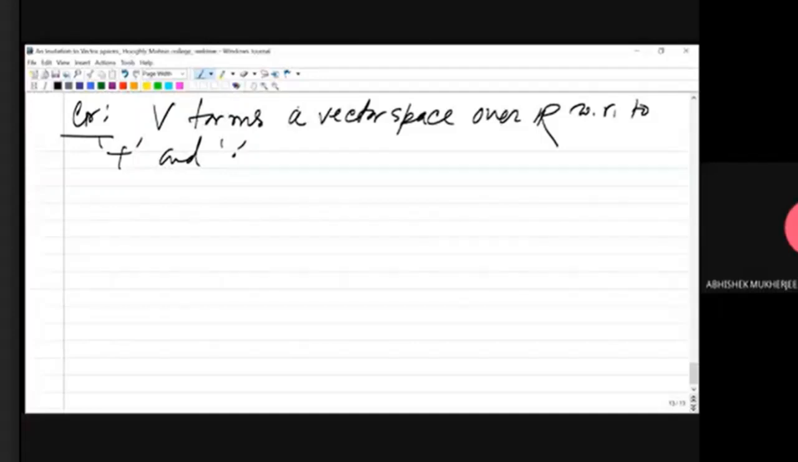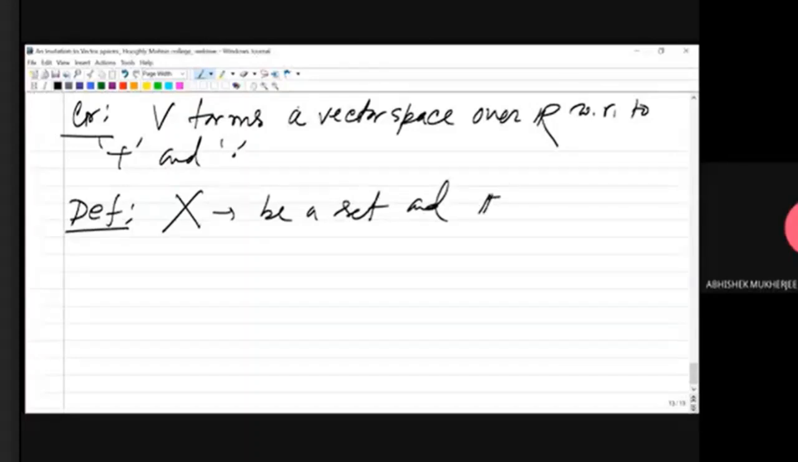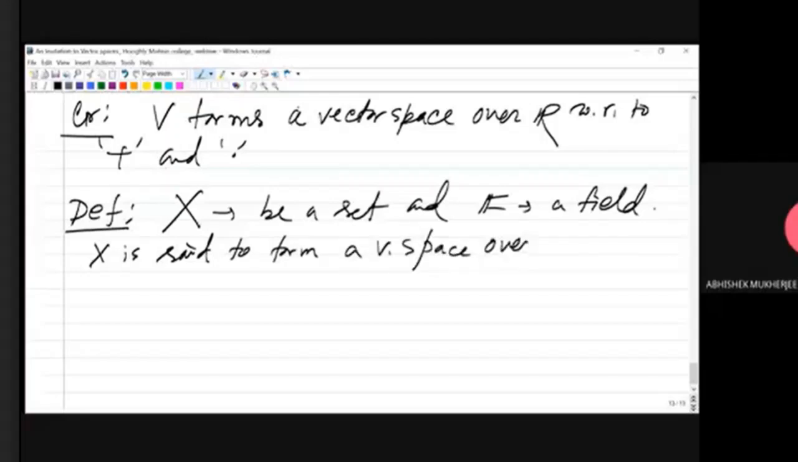So now you can introduce the definition of vector space like that. Suppose X be a set, and you need to consider one field. So I am assuming that you already have a good knowledge of field, right? Okay. So let us consider a field F. Then you can say that X is said to form a vector space over F